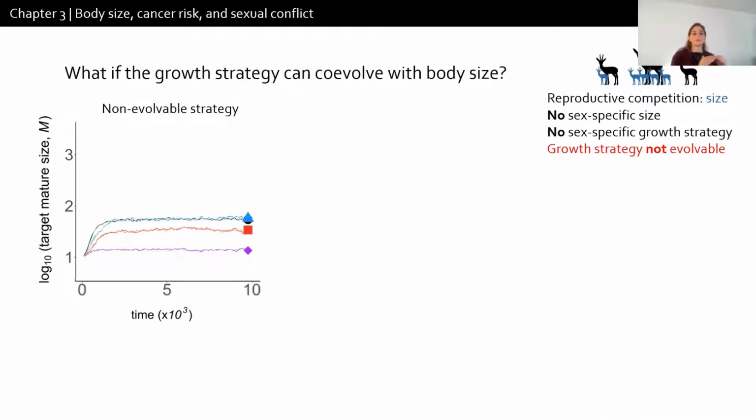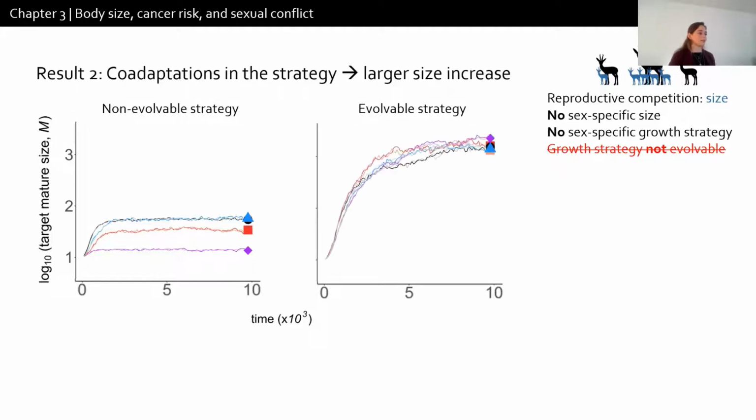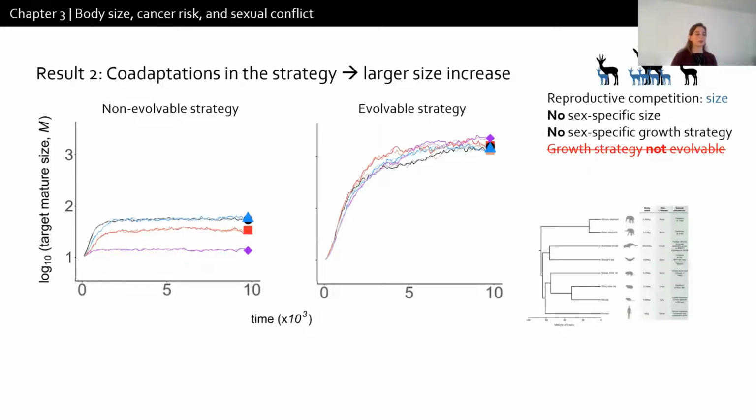So I said so far we used a fixed strategy that did not evolve in time. But what if we let this set of strategies, with 7 traits that make part of the strategy, evolve with body size? So this is the next scenario we looked at. And co-adaptations in strategy allows a larger size increase, which is not surprising because it's something I've talked about before, and we see in nature that in all these large size and long-lived organisms, there is some positive selection in cancer-related genes. And in here, we also see that co-adaptations of these strategies is essential for evolution of larger sizes.